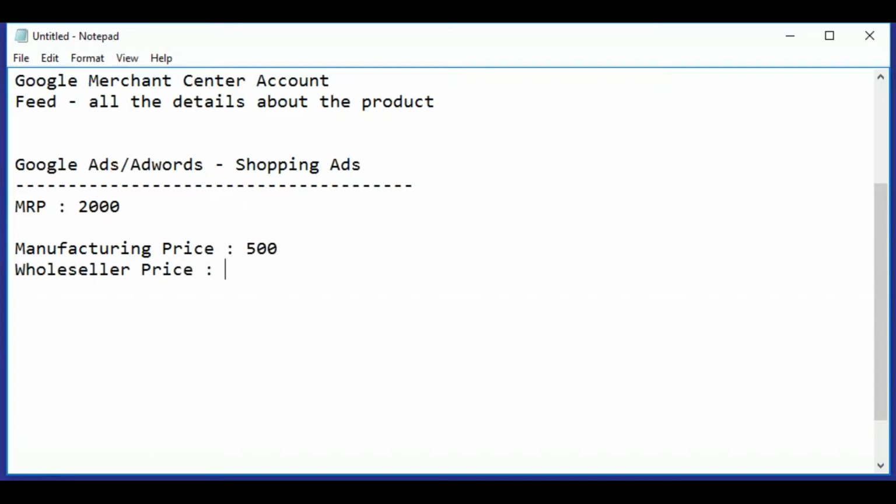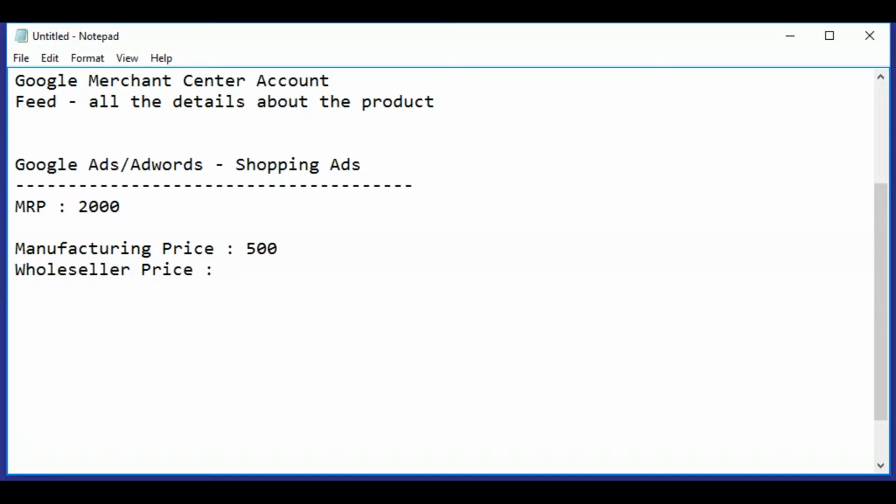Once it is manufactured, the wholesalers procure it from the manufacturer. The manufacturer will keep some profit and then sell to wholesalers. They are not selling one or two or 10 quantity, they are selling in huge numbers, so if they keep a little bit of profit, they make a good amount of money, because they move a lot of products at a time.